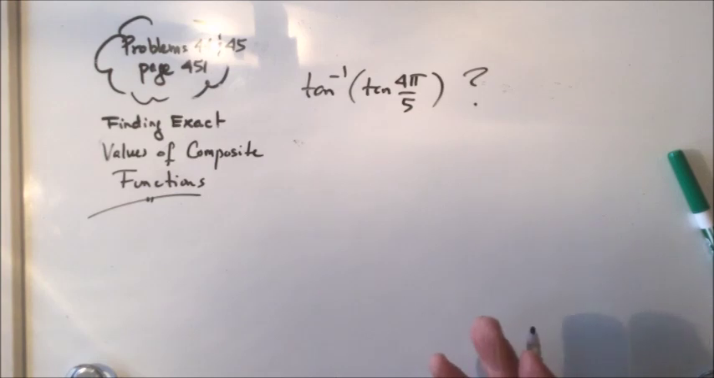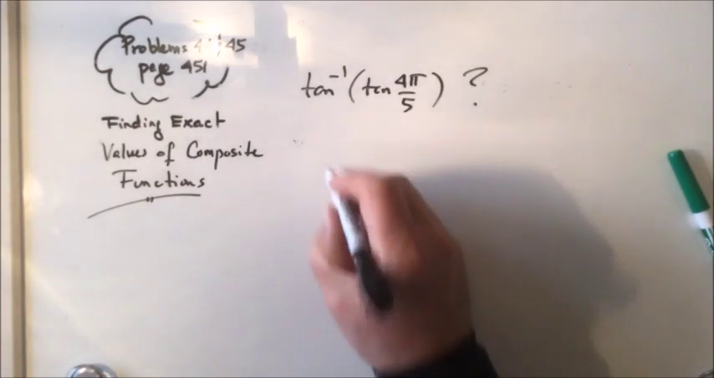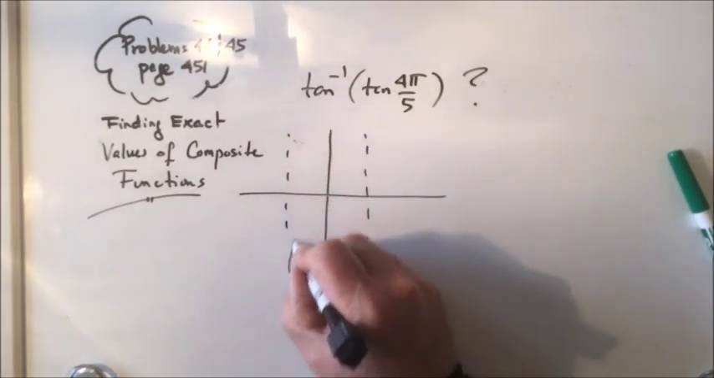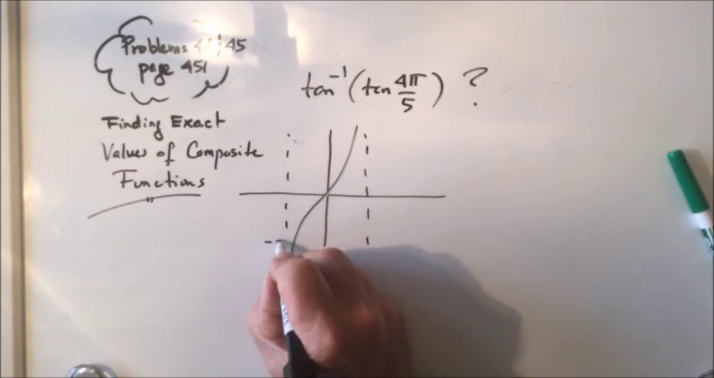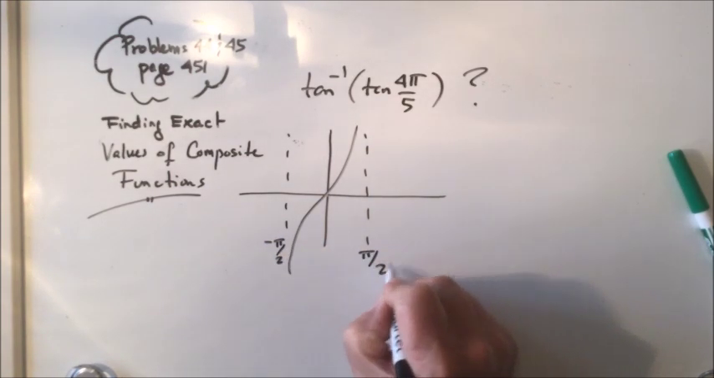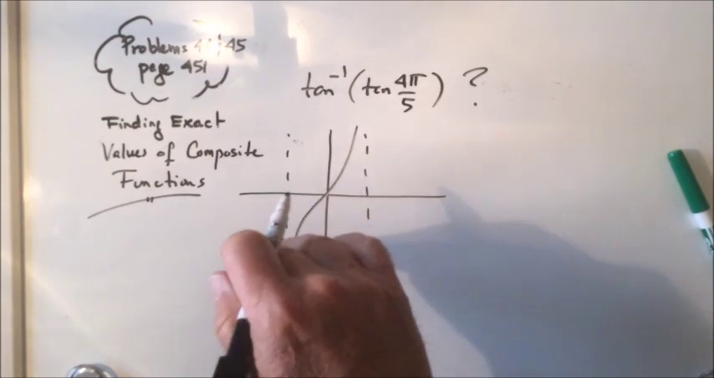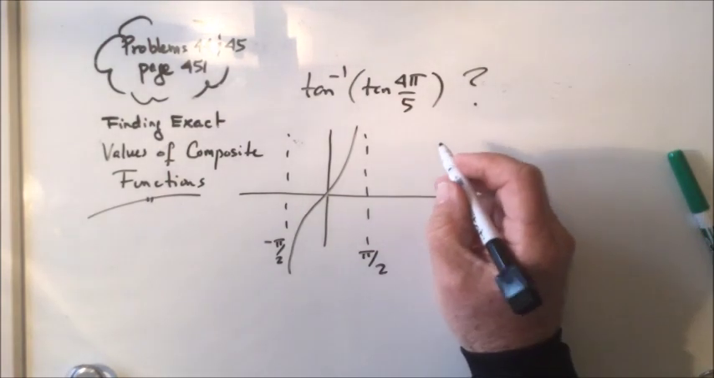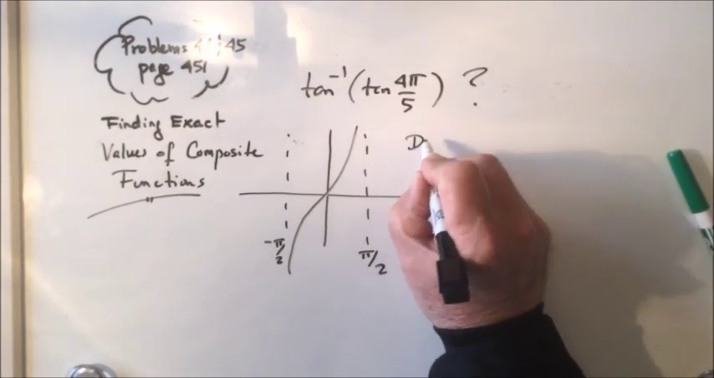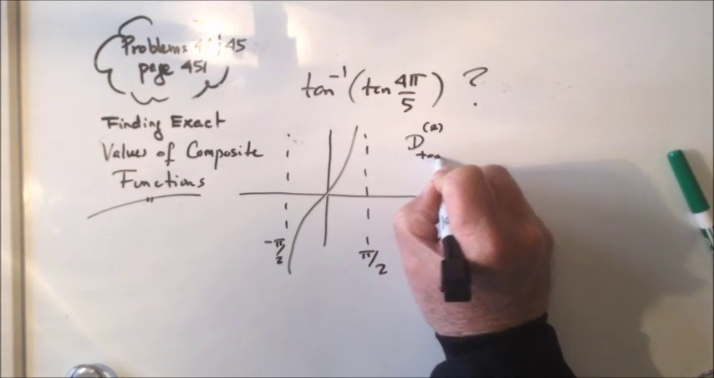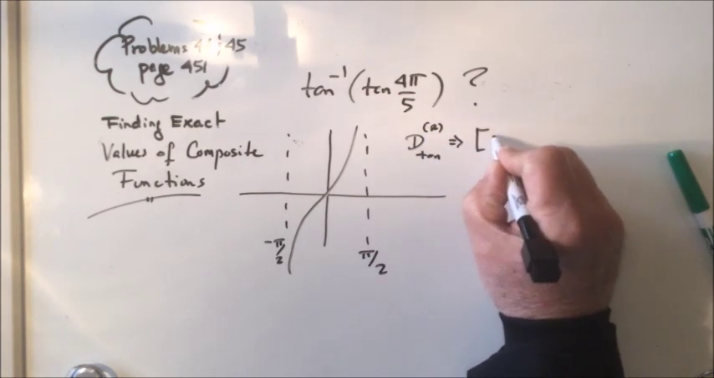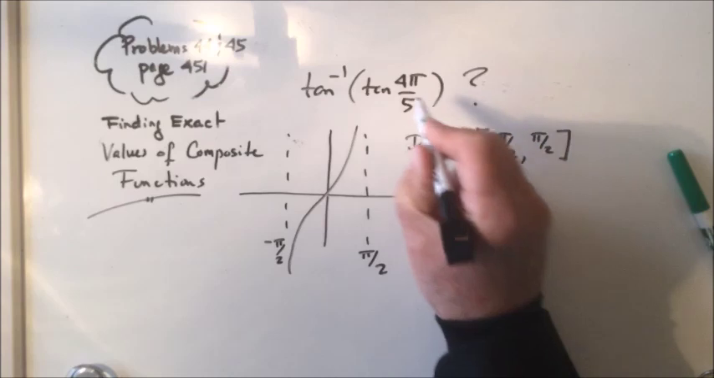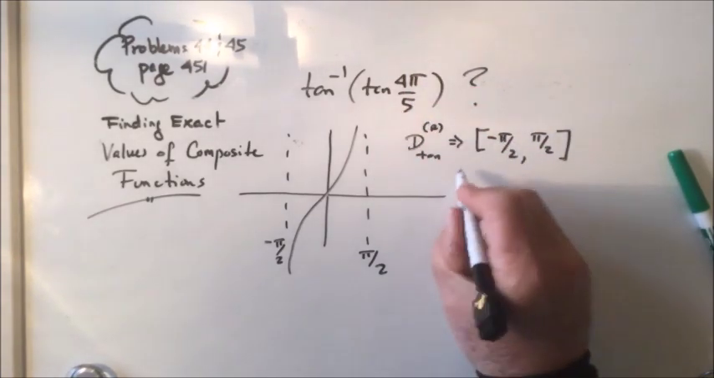And in order to do these problems, you've got to keep in mind or be able to derive, here's the tangent, right? The tangent looks like this. And so you can be pretty sure that the restricted domain, and it is, of the tangent is minus pi over 2 to pi over 2. And that way you capture the entire range. So the restricted domain of the tangent is the closed interval minus pi over 2 to pi over 2. And now we just have to ask or check, is 4 pi over 5